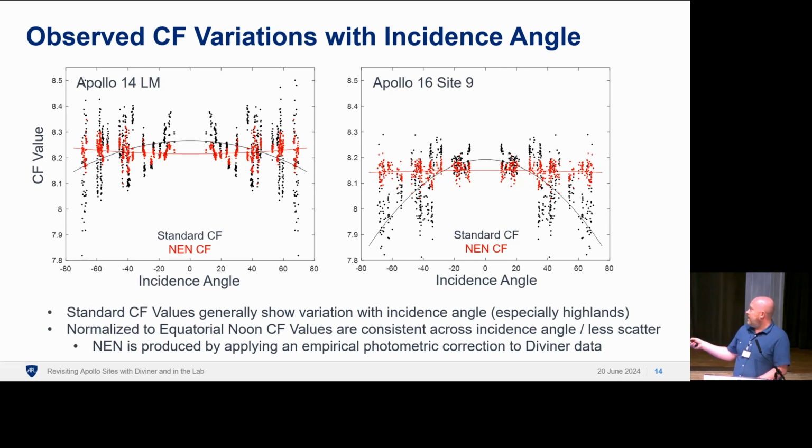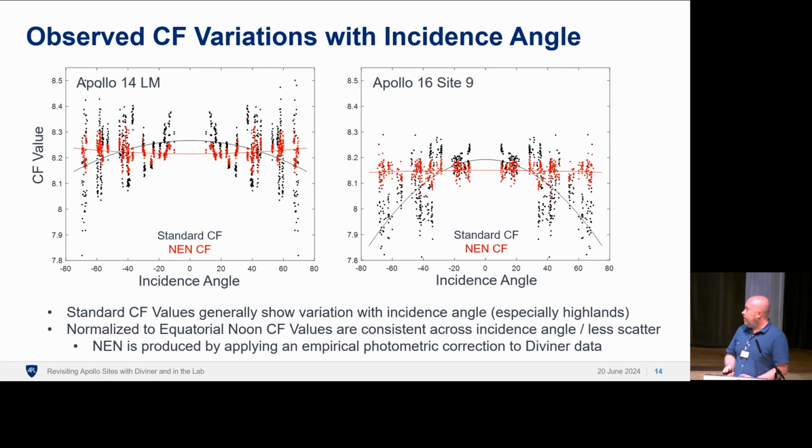The black data and black curve are showing what we call the standard Christiansen feature. For Mare materials, they tend to be a little bit flatter, but for Highlands materials, they're strongly dependent on local time. The red ones, which I apologize, are kind of hard to see, are much flatter. These are normalized to equatorial noon. Not only are they flatter across all times of day, but the scatter is much smaller because the photometric correction